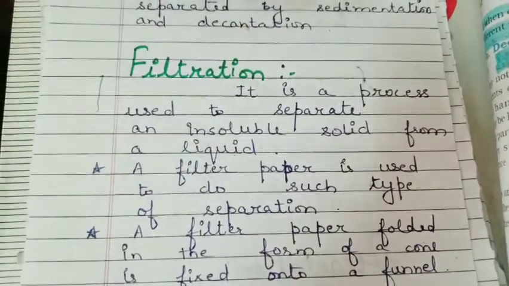As I told you earlier, here is the insoluble solid part. Now in this case, what is the insoluble solid? That is dust particles. Okay, so the dust particles, the insoluble particles, are dissolved in it. So now how to separate it? In the case of filtration, we take a filter paper. I had this simple tissue paper at home, so with this I'll show you this activity of filtration.